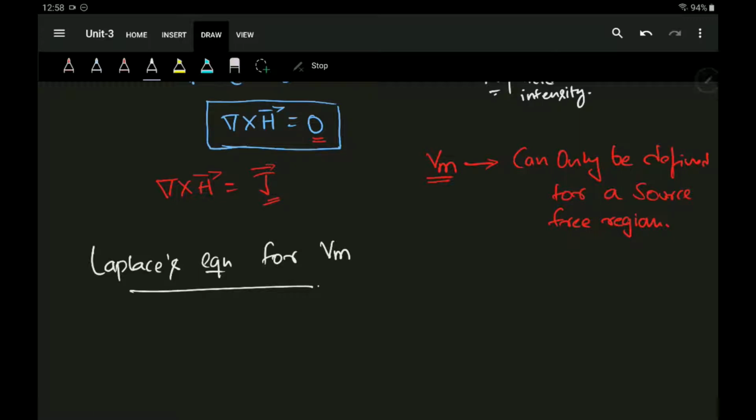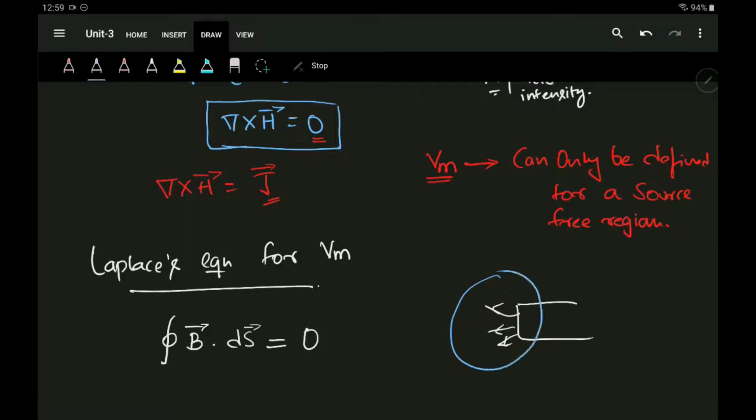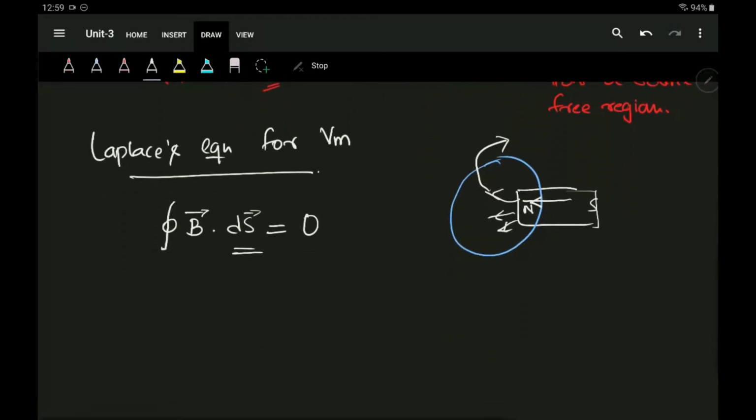To derive this, firstly we know that the closed surface integral of my magnetic flux density B dotted with dS, the surface area, is equal to 0. Do you remember that if I have a magnet and there are magnetic flux lines, when I take a closed surface of this, we already discussed that whatever flux leaves that surface will enter at the other end from the south pole. So this equation is 0, which we have already discussed in Maxwell's equations.